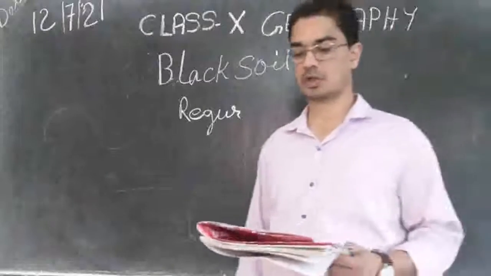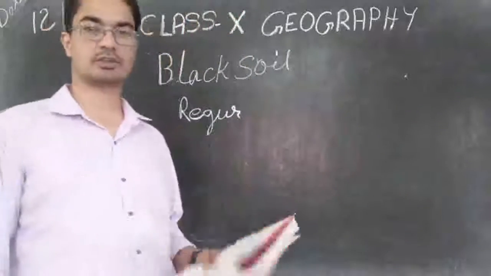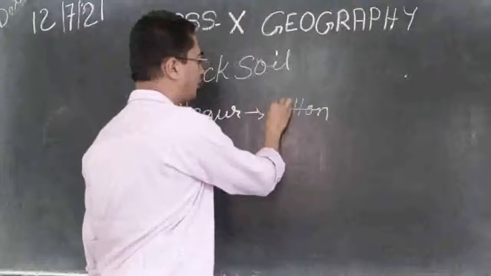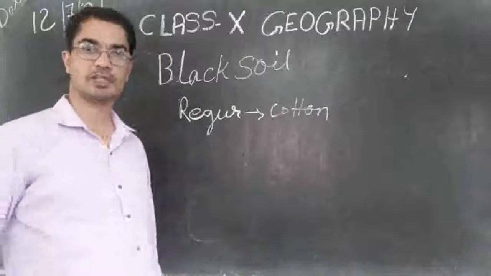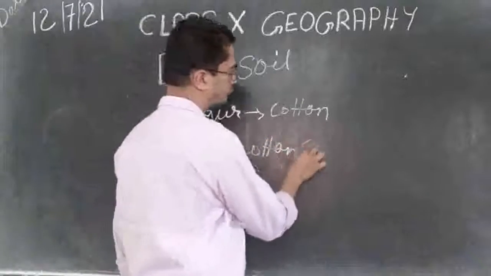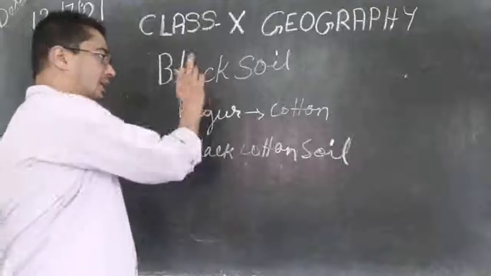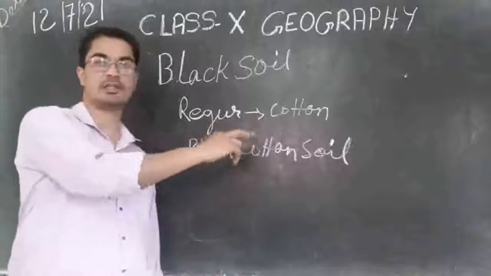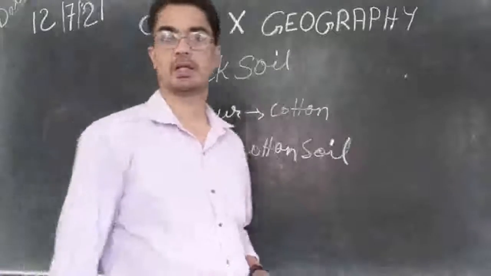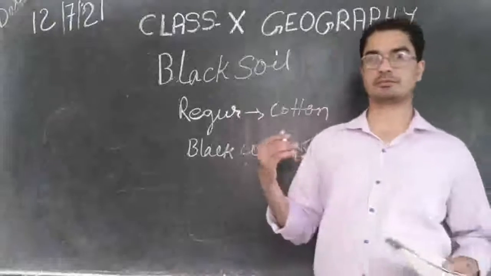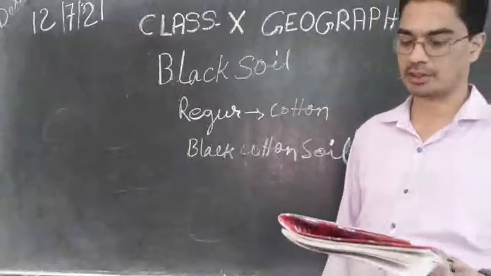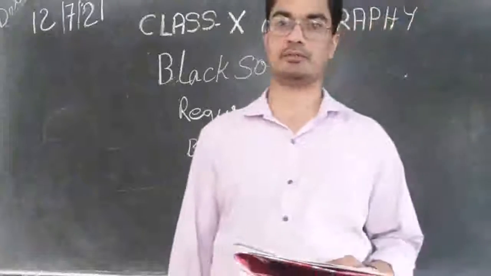Black soil is ideal for growing cotton and is known as black cotton soil. So this is known for cultivation of cotton, and because of that it has got another name, that is black cotton soil. Sometimes the question may ask, why is this black soil known as black cotton soil? So you will have to reply that it is very ideal for growing cotton. That's why it is named